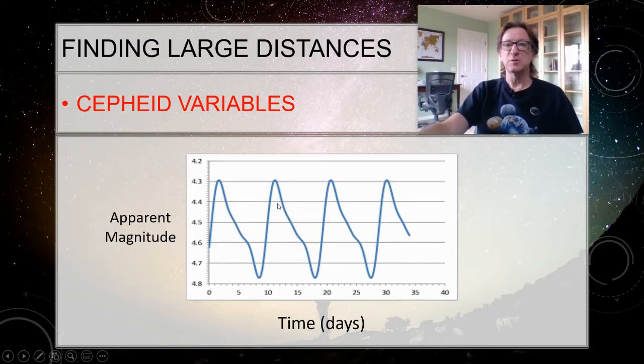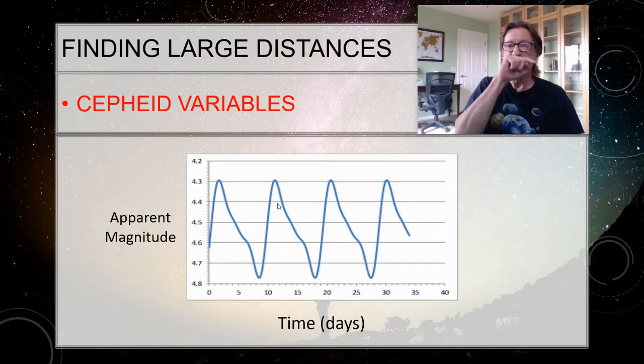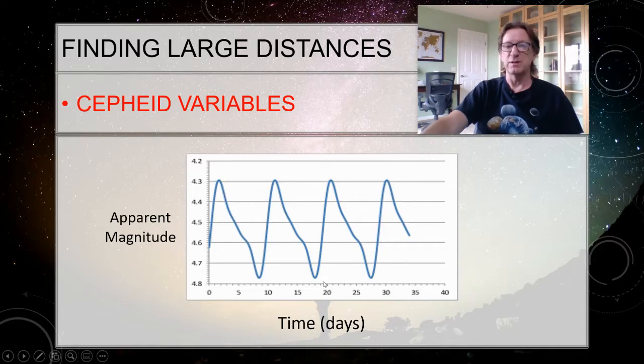So if you're observing, for example, a galaxy, and the light from one part of the galaxy is giving you this particular kind of light curve where it gets brighter and then dimmer and then brighter and then dimmer, you may not be able to see the actual Cepheid variable, but you know that it's there because you can see the light curve from that. So if I can recognize this, then I can know, hey, there's a Cepheid variable there. I can actually figure out what the absolute magnitude is.